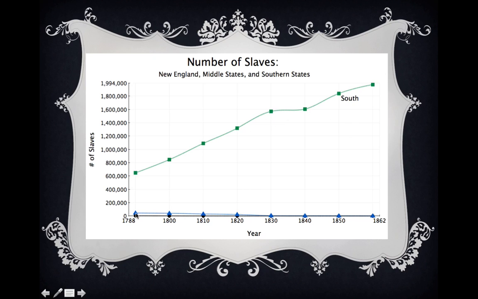And what do you see from the other regions? It's declining in importance in the Middle and the New England states. So just make sure you realize that relative to New England and the Middle States, the South's slave agriculture and slave labor is much more important. And over the time period after the Revolutionary War, leading up to the Civil War, it was gaining in importance in the South for that 80-year time period.